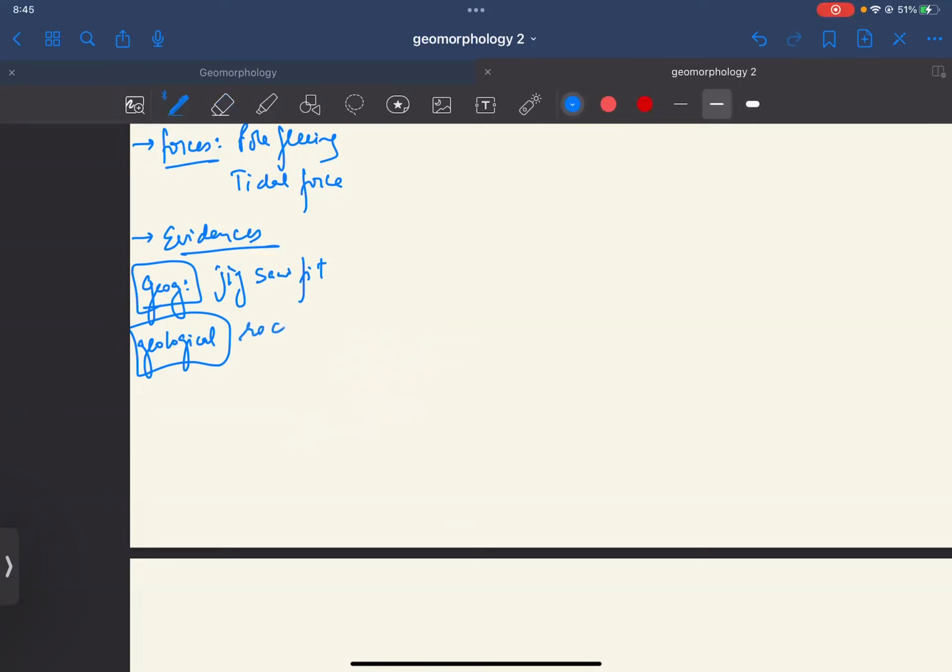So rocks of same age across the oceans. ये उसने एग्जांपल दिया, राइट। देन it talked about, इसने एनिमल्स का भी दिया, फॉसिल्स का एग्जांपल।